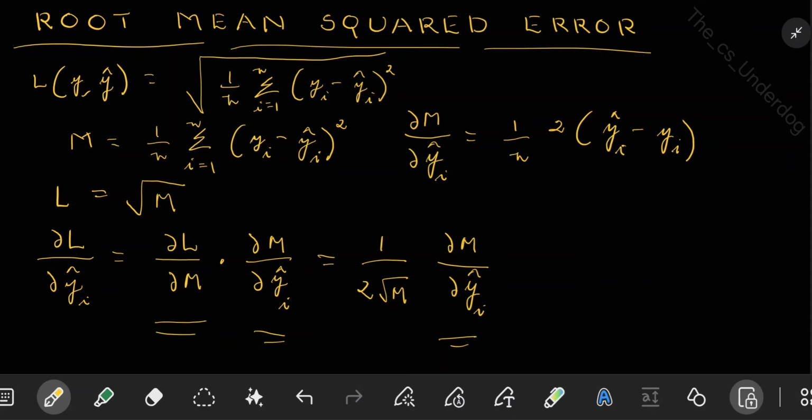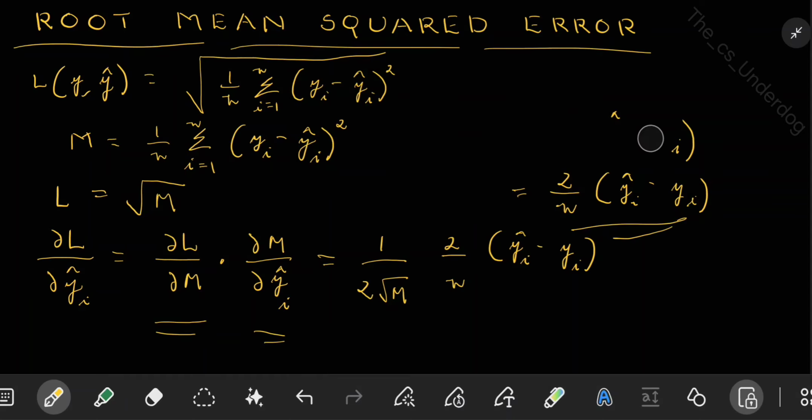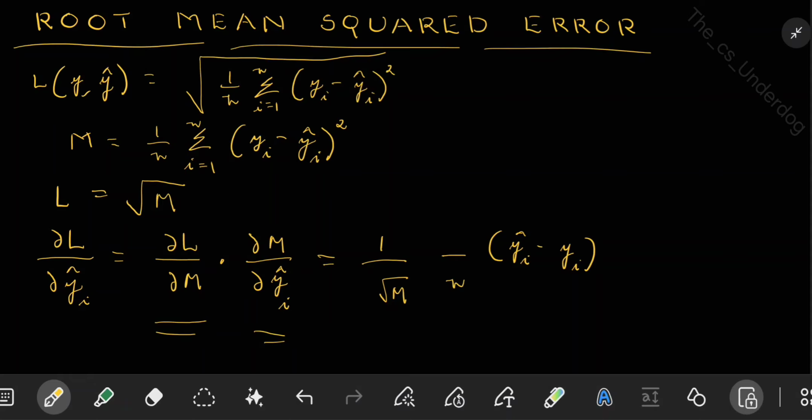Okay. So then what will it be? This is equal to 2 by n into yi cap minus yi. If I substitute this here, what will I get? Here I can put 2 by n into yi cap minus yi. If I do this, then both the 2's will cancel out. Then I will get yi cap minus yi divided by